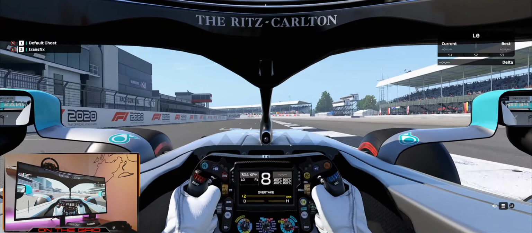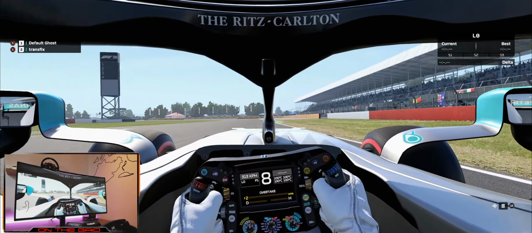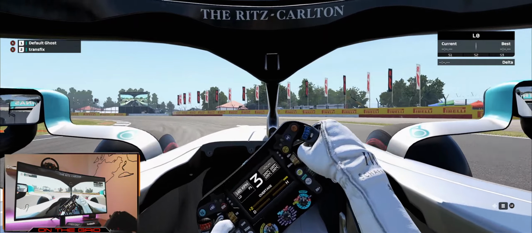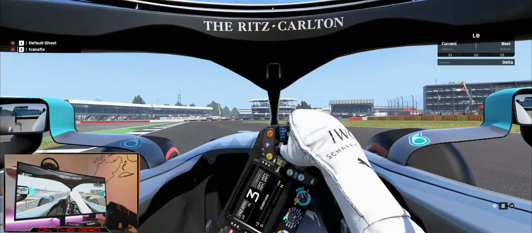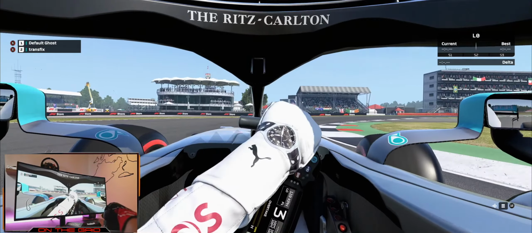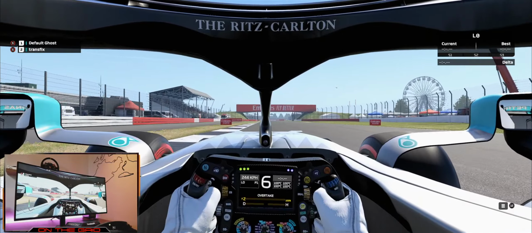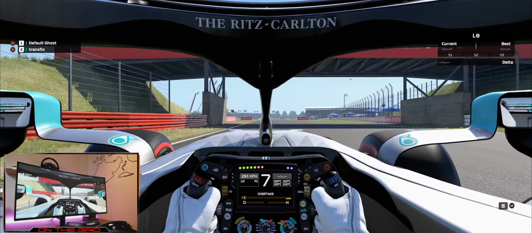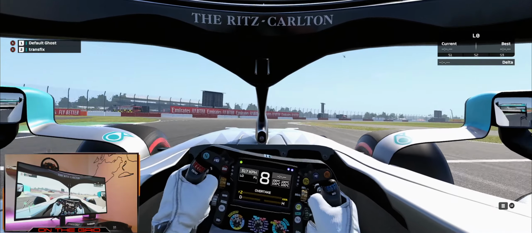Love it. Nice DRS zone there, get some overtaking done. And I think we go right into the hairpin, right? Yeah.